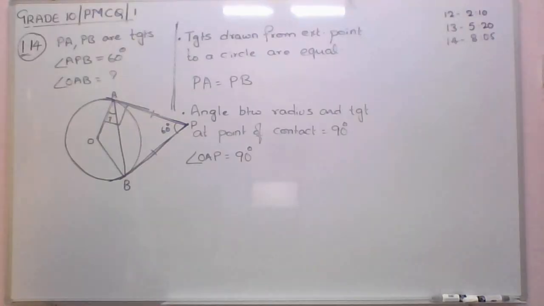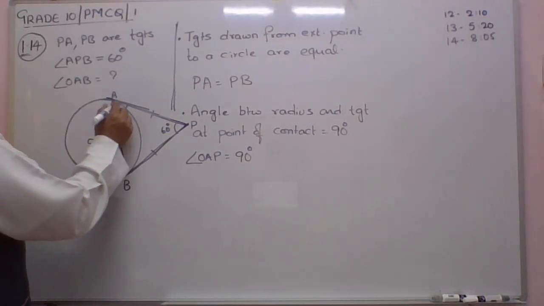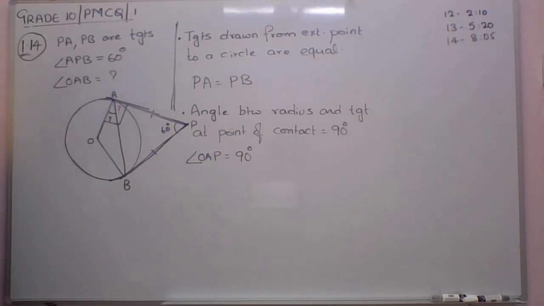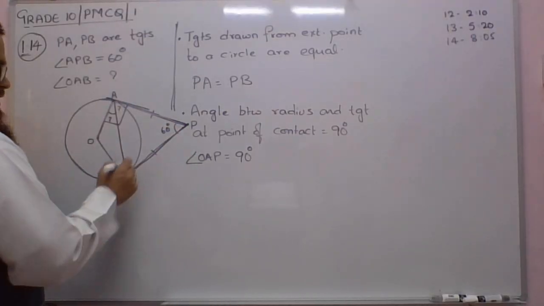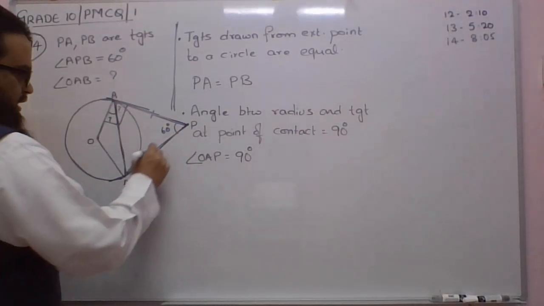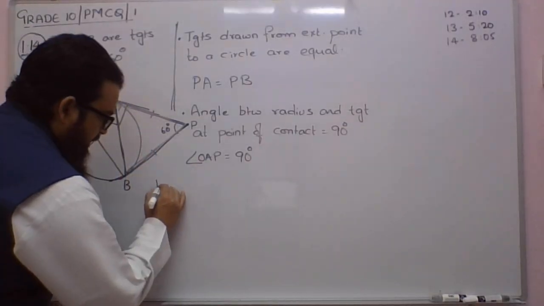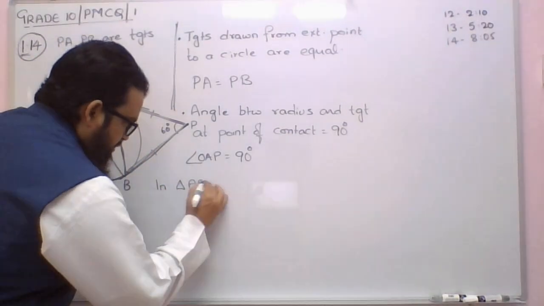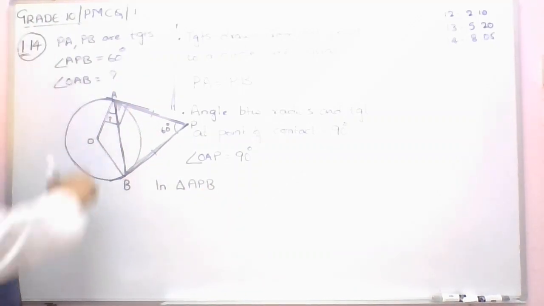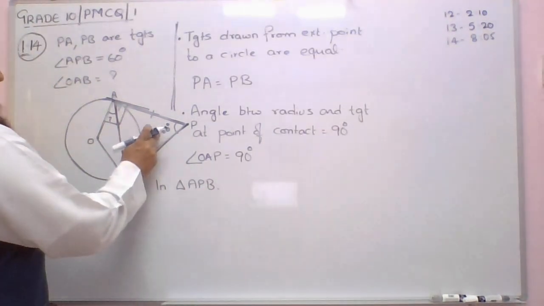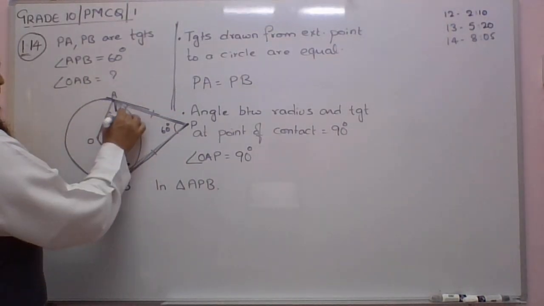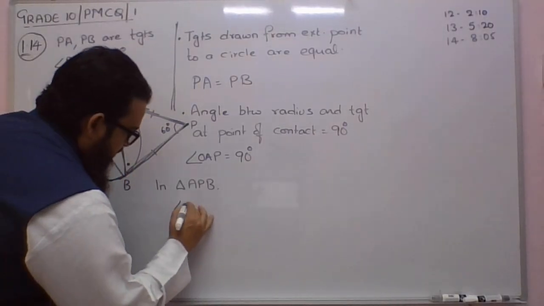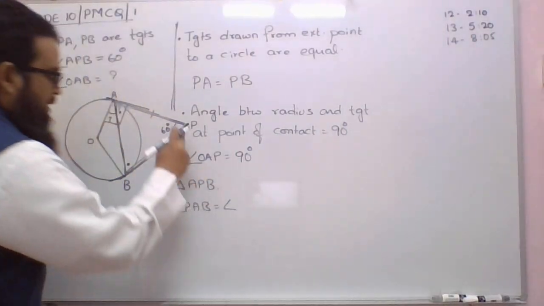Understood? Now this is 90 degrees. If I can find this angle, can I subtract it? Yes, you can subtract. Now in triangle APB, I am talking about this triangle APB, there are two methods. First method I am telling you. PA is equal to PB, right? So what do you say about these two angles? Angle PAB is equal to angle PBA